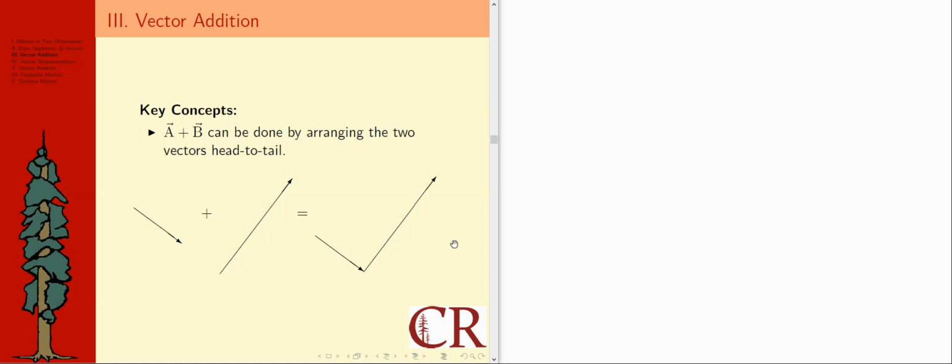Following my concepts or visual approach first, I've got a picture here for the addition of two vectors. It says here vector A plus vector B can be done by arranging the two vectors head to tail. We refer to this as head to tail addition of two vectors. I'm going to redraw what I have on the slide. If I take two vectors similar to what I have there, though they may not be perfect,